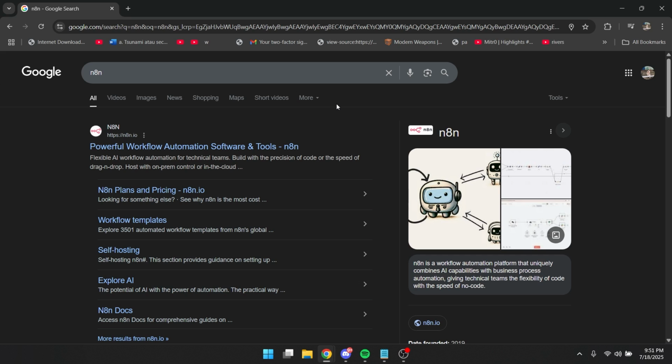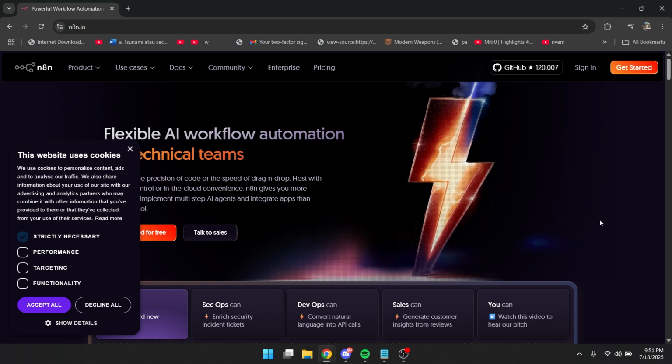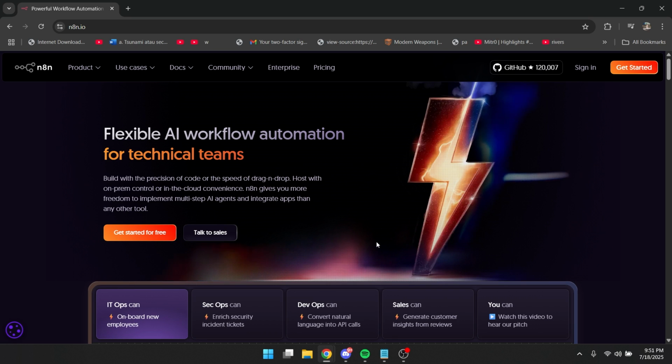So first, when you're in Chrome, you can just go to the search bar and type in N8n, and when you're here, you're gonna click on the first link right here. Alright, so this page will pop up, and what you wanna do is you need to click on get started